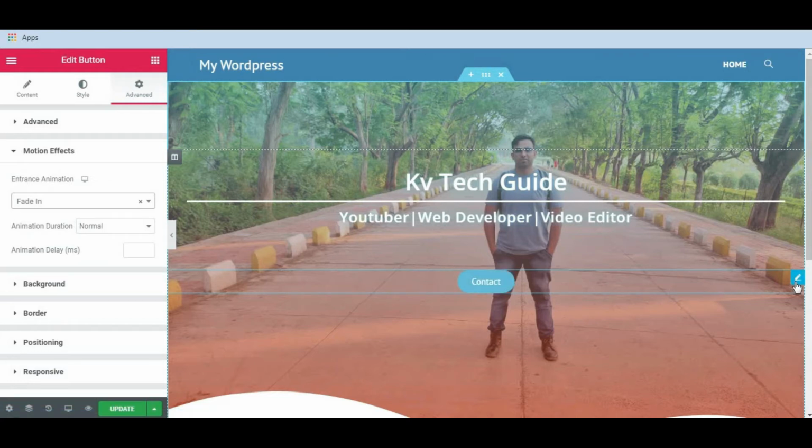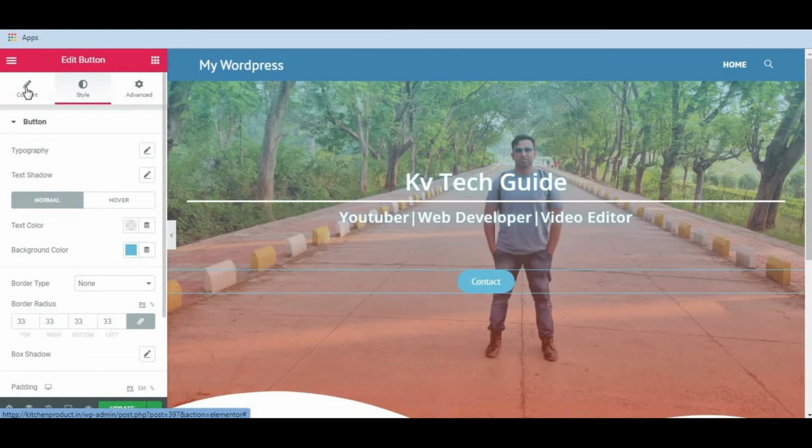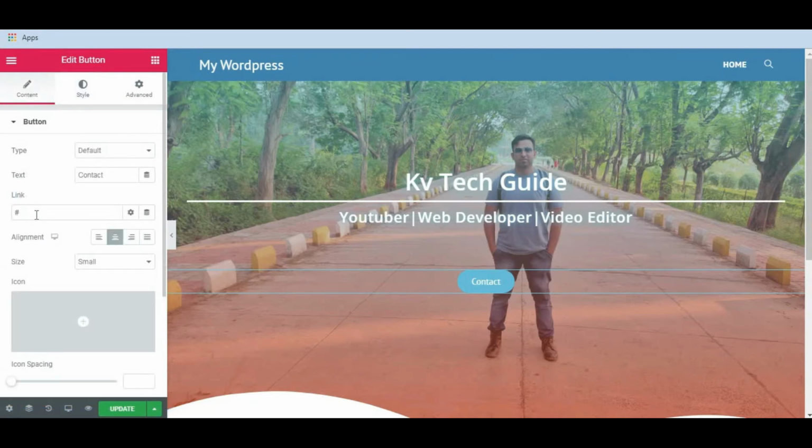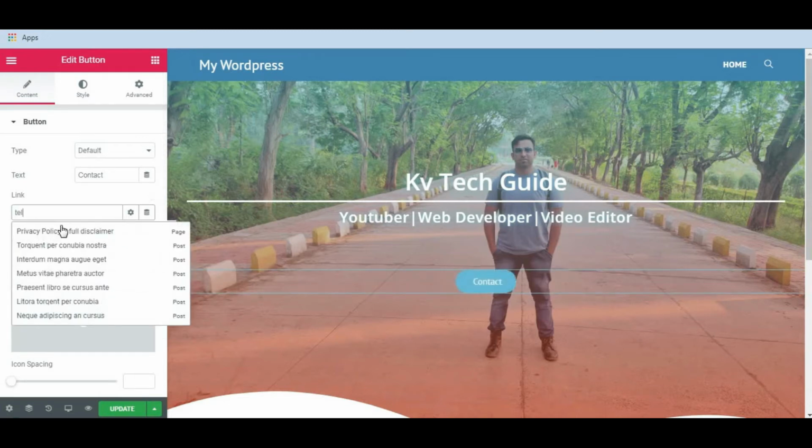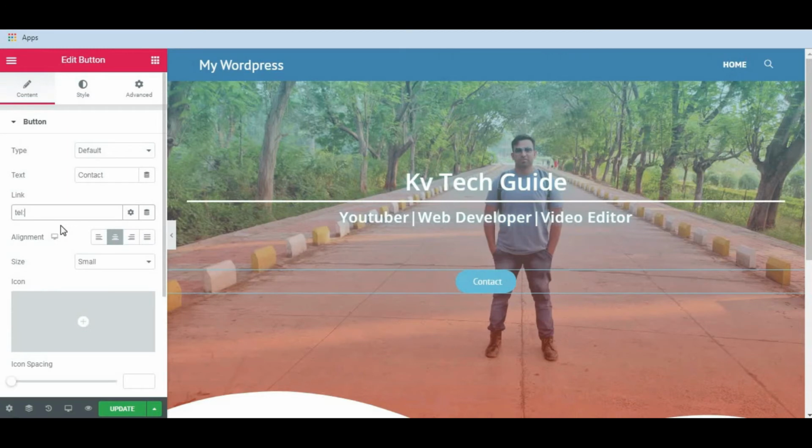But what I will do, I will add a phone number so that visitors who want to contact you will just simply click on this button and they will directly make a call to you. So I will add a phone number over here. So select this button, go to the style or content. Let's go to the content. Here is a link. So what I will do, I will add a phone number. TEL. Okay. Let's make 9 like this. You can add your phone number over here. And let's click on update. If you are happy with this, just click on update.